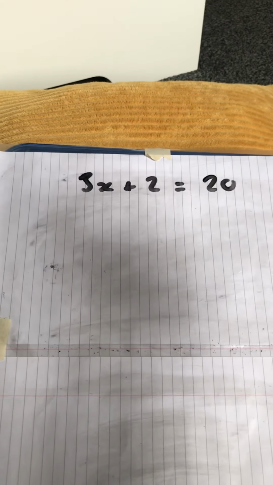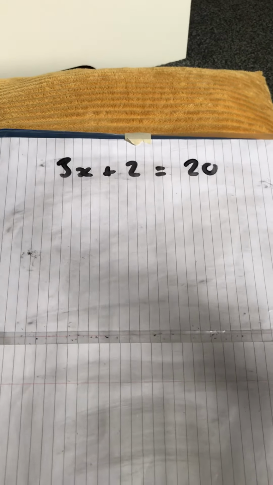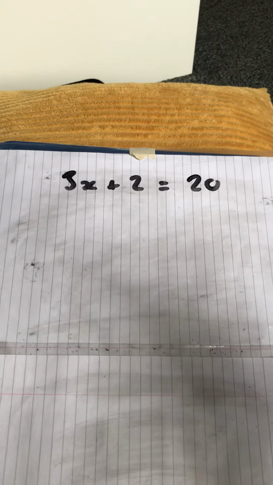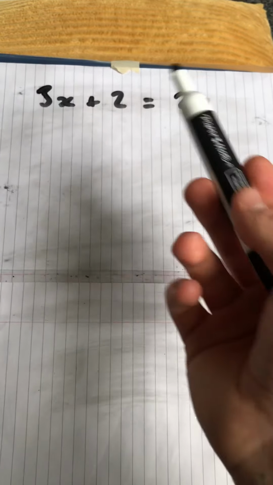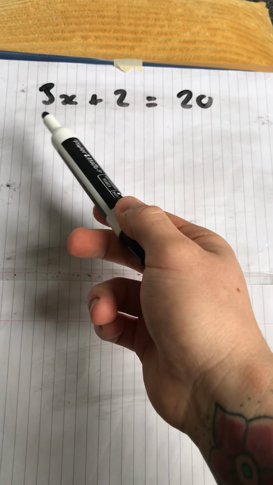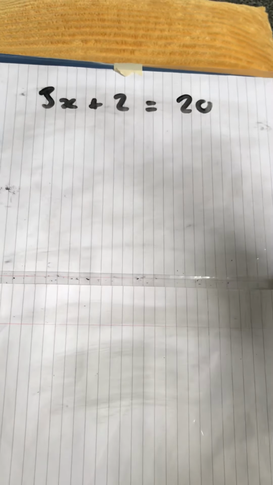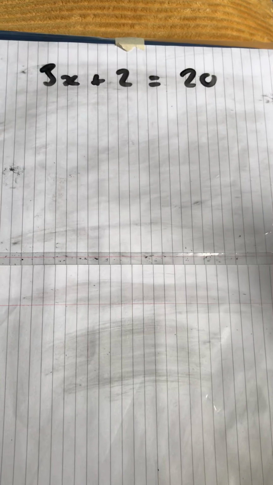Okay guys, so I just want to show you another few examples of using this formal method for solving equations. A lot of you have sent me pictures of your work which looks like you've just answered them in your head, which is fine for these sorts of equations. So straight away I can see that x is going to be 6 because 3 lots of 6 is 18, add 2 is 20, but not all equations are going to be simple enough to just do in your head